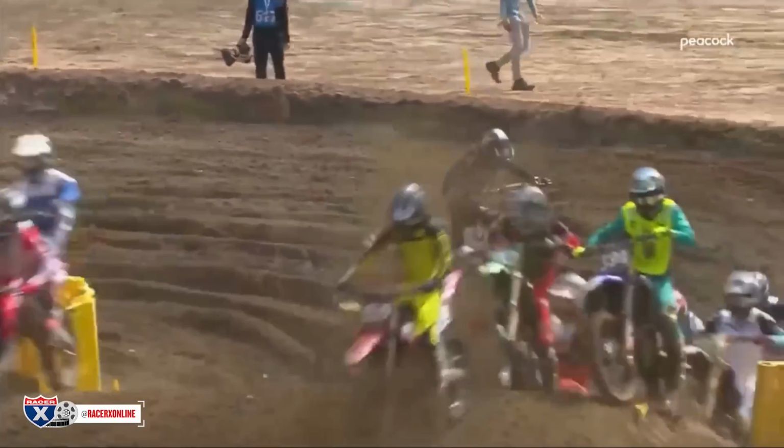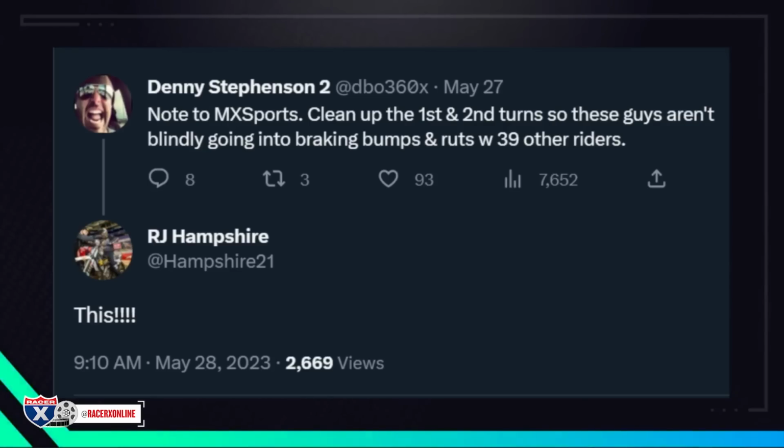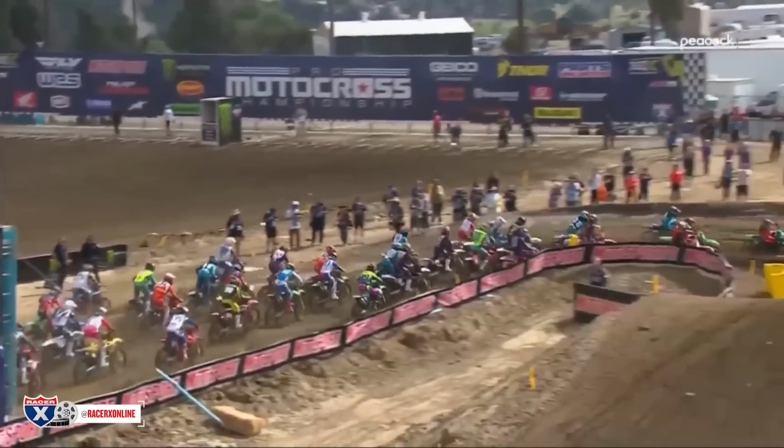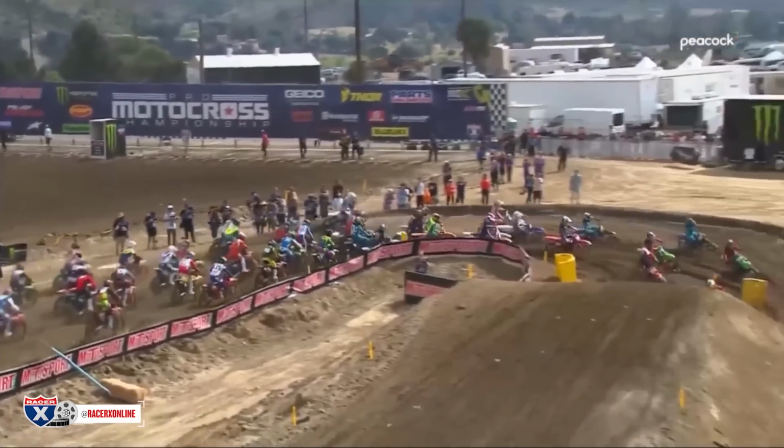So I wanted to talk about something here because, interestingly enough, Denny Stevenson on Twitter said, "Note to MX Sports, clean up the first and second turns so these guys aren't blindly going into braking bumps and ruts with 39 other riders." And RJ Hampshire responded to that tweet and said this. So he clearly thinks that this is something that MX Sports should look into about cleaning up the second turns,